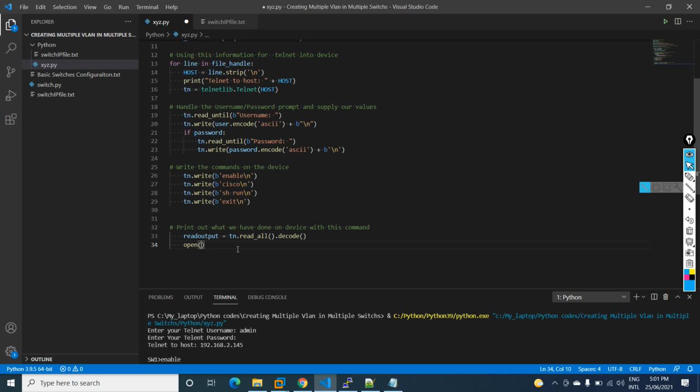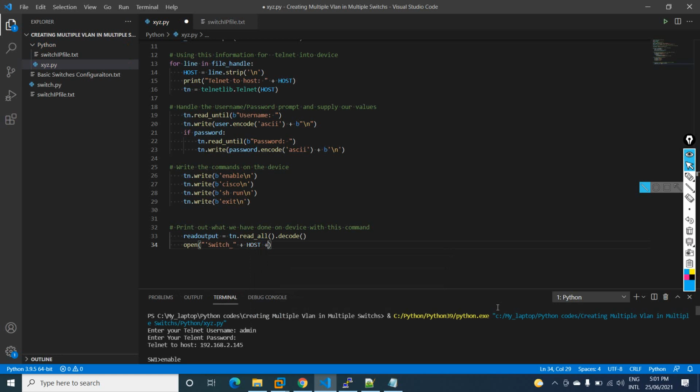So I will write switch, so it will create one file with this name, and then I will attach the IP also along with this, so we will know which IP it belongs to. So let me write plus, and after the plus I will write host. I will assign the IP, so I will write host, because in the host variable we have the IP.